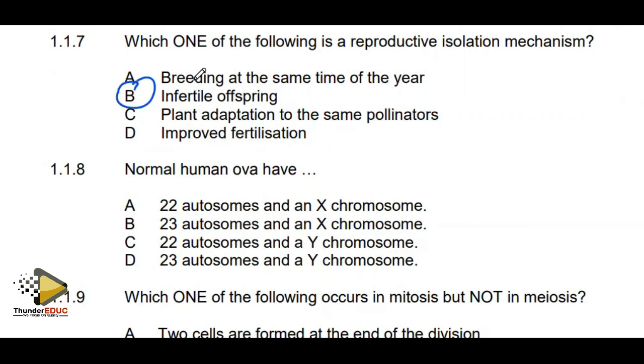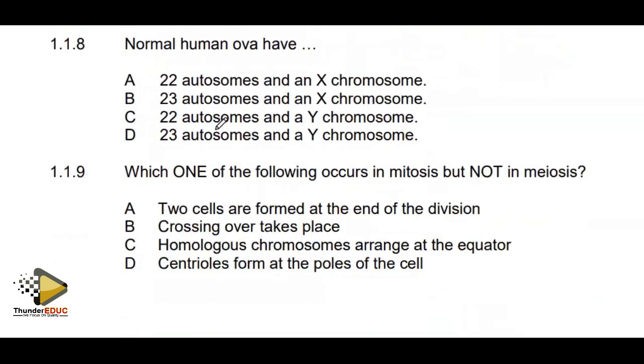Why? An example is, for example, a horse. You have a horse and then a donkey. When you cross the two, you've produced a male which cannot reproduce again. It is infertile. So it means that they are being separated. So the answer is B. Then you're saying that